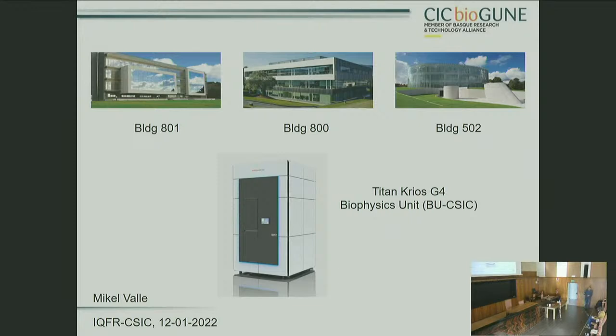And we have a novelty that is not in our building, it's in the biophysics unit, but it's just installed. It's a Titan Krios G4, which is the best equipment you can use nowadays for cryo-electron microscopy, and delivers very high resolution in routine work. So this is going to change our life, definitely, because probably everyone is aware here that cryo-EM has had an explosion in the last 7 years or so, and it has been kind of difficult to cope with this, to deliver high-resolution structures when you don't have a high-resolution electron microscope around.